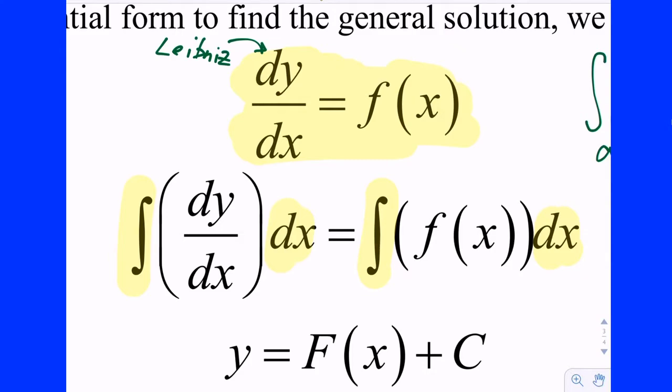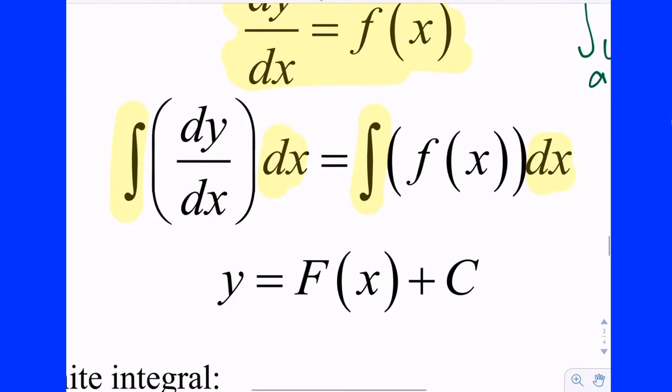Okay, now what happens on the left side? What is the antiderivative of dy/dx with respect to x? It's like y prime, yeah? What's the antiderivative of y prime? We just call it y. So this becomes y on this side, and of course the antiderivative of little f becomes big F, and then